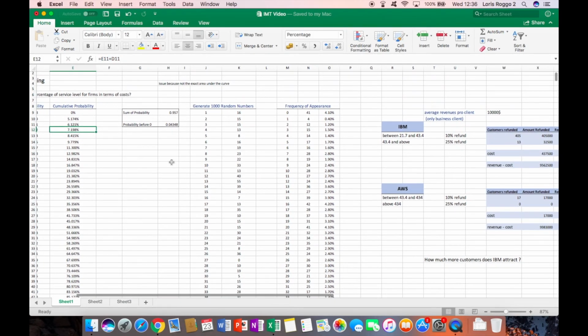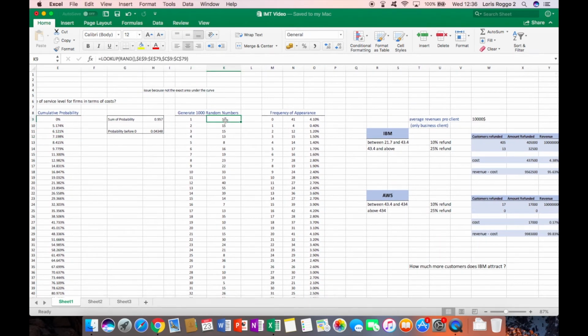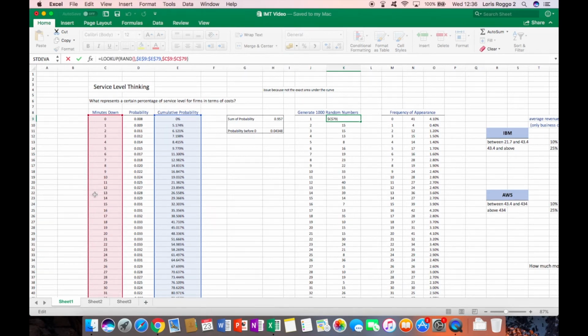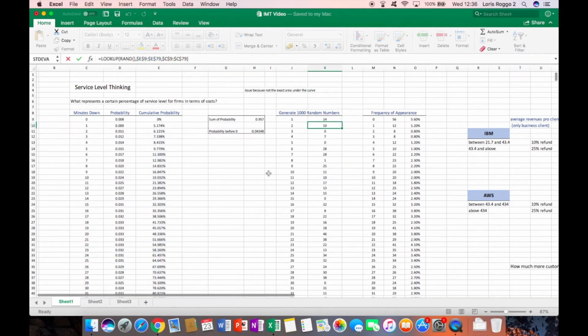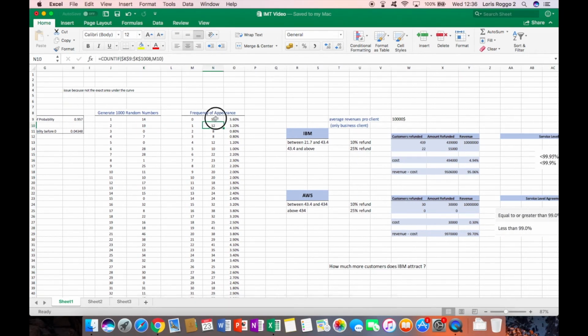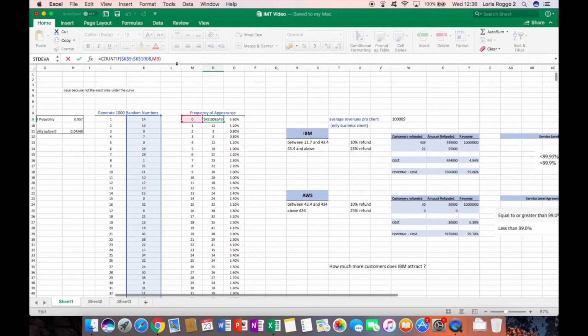So with the cumulative probability, what we did is to generate 1,000 numbers. How to do that? Just use the lookup formula to generate 1,000 numbers based on the probabilities we found out before, with numbers between 0 and 70. That's what we did. So we have 1,000 generated numbers. The next thing to do is to see how many times each number appears in those 1,000 generated numbers. To do that, just use the COUNTIF formula, take the 1,000 generated numbers, take the number you want to see how many times it appears,